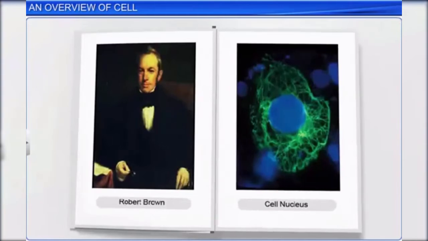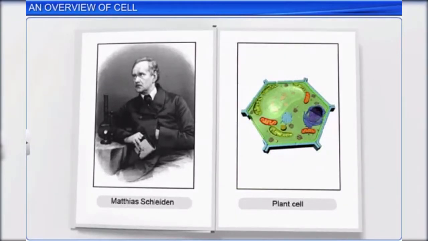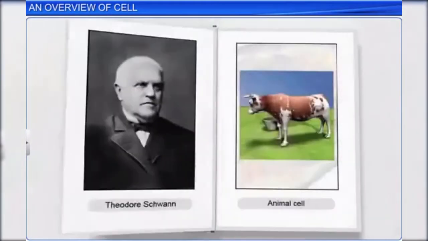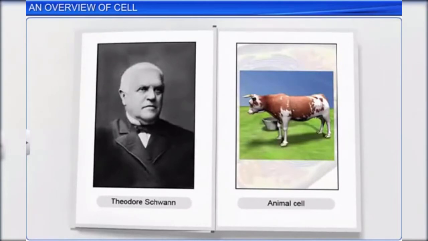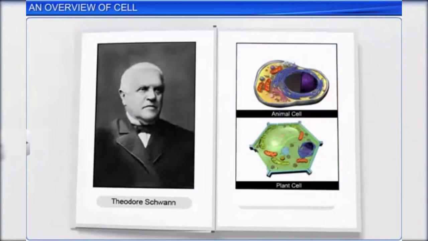In 1838, German botanist Matthias Schleiden examined numerous plant species and concluded that plants have different types of cells which form plant tissues. A year later, Theodore Schwann, a British zoologist, examined different animal cells and discovered that the cells have a thin outer layer, which we now know as the cell or plasma membrane. He also studied plant cells and concluded that in addition to a cell membrane, plant cells also have a cell wall, a characteristic unique to plants.